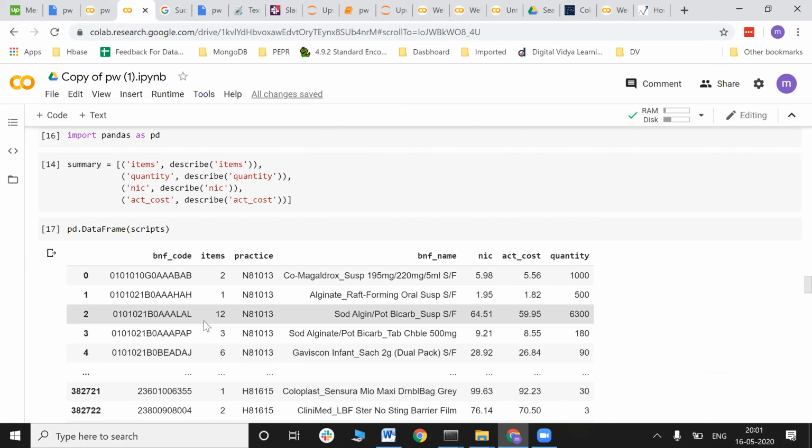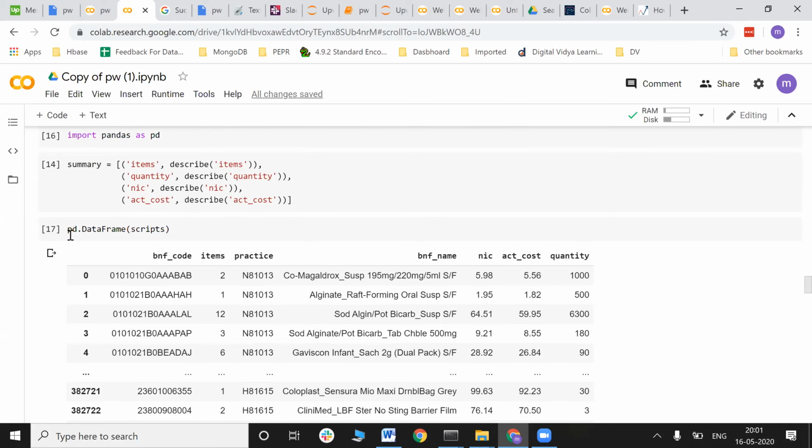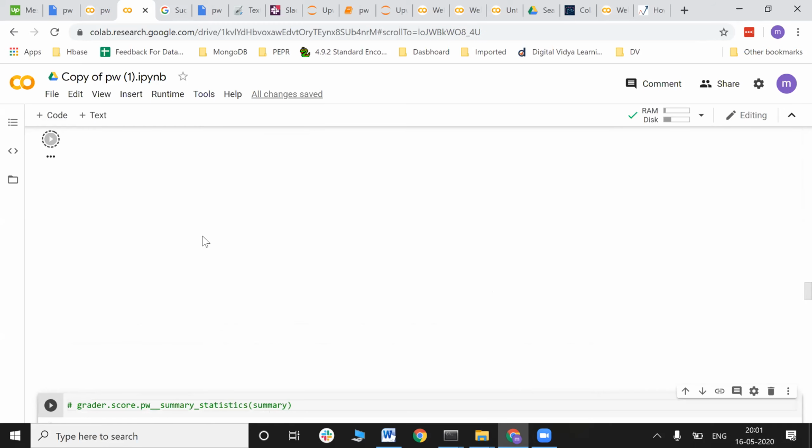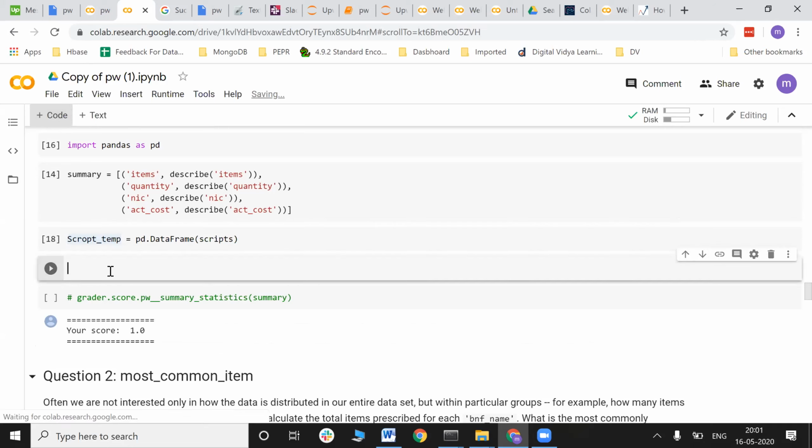Okay, perfect. Now, what is the question that I need to, let me check. So I will just save this data into some scripts underscore temp equals to this. I saved it here. Let me now try to create a new code, which is this head.